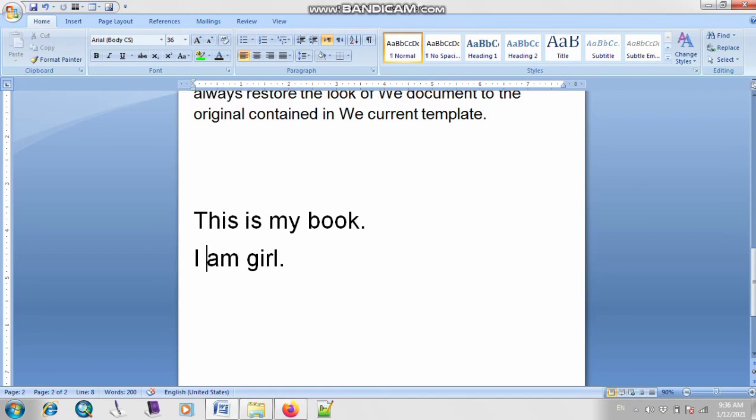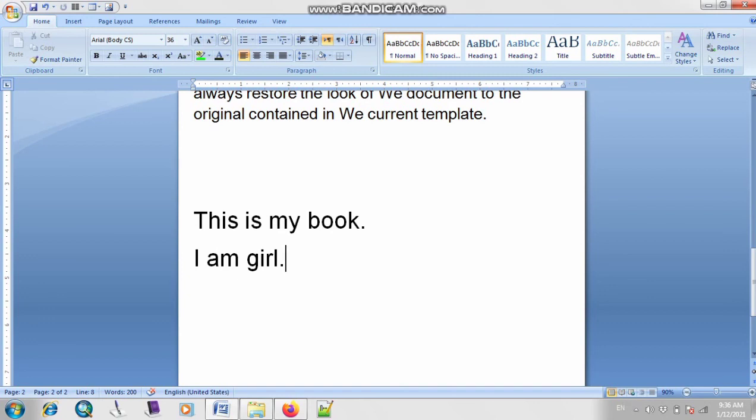So I hope these two lessons are clear to all of you. What we have done today, find and replace. As you can see, this will appear on the home tab. Find and replace is basically used if you want to replace a word with a new word. So we can use this option of find and replace. And the next one is your red line and green line.